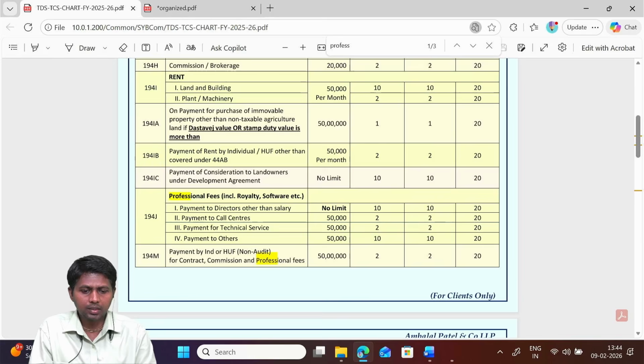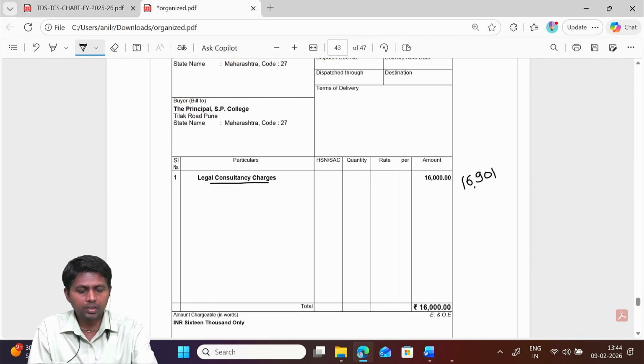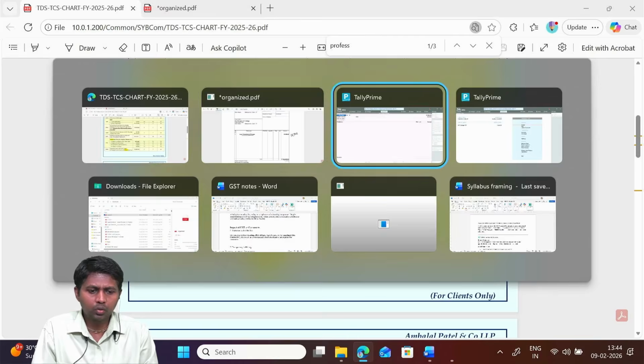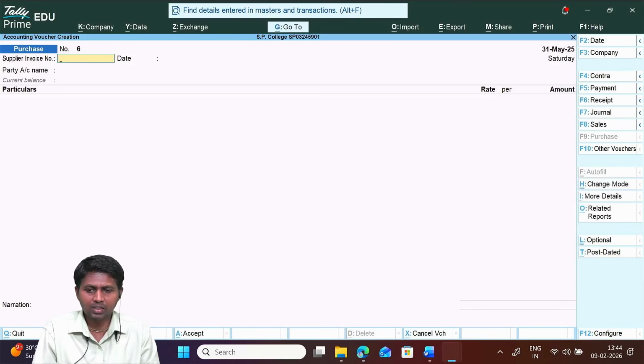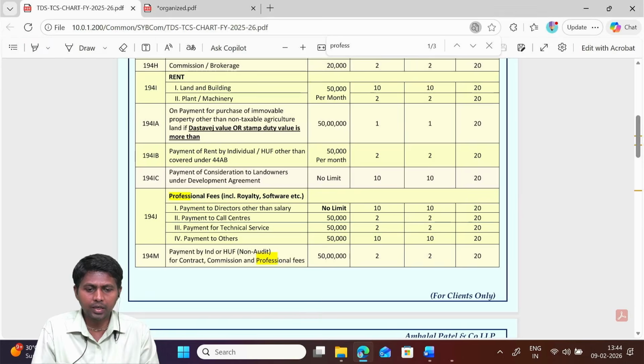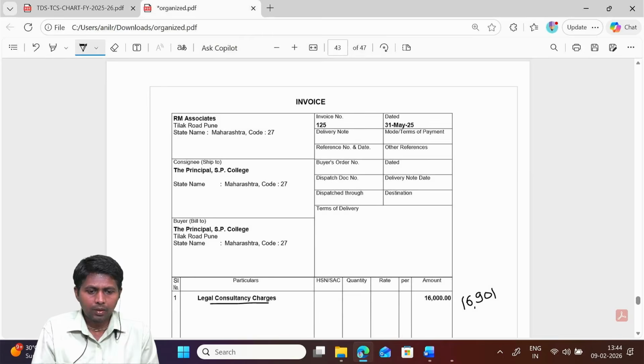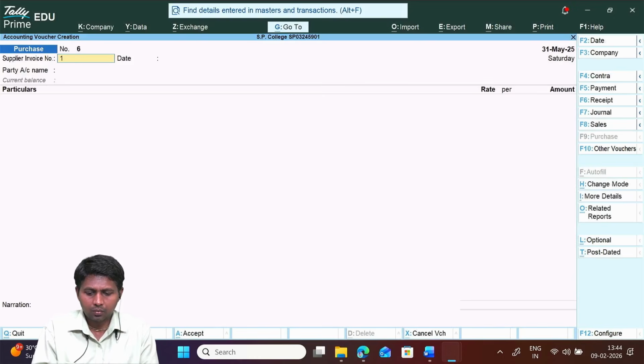If TDS is not applicable, no need to waste time in doing settings, just pass a normal, simple, regular entry. Now 125, 31st May, 125, we are on the 31st May, and then RM Associates. Let's see,